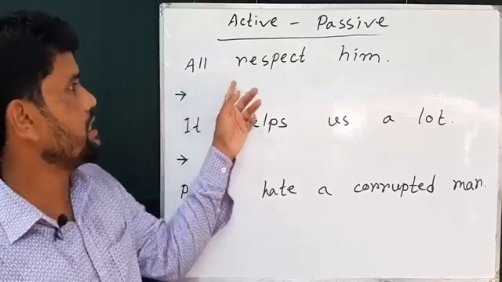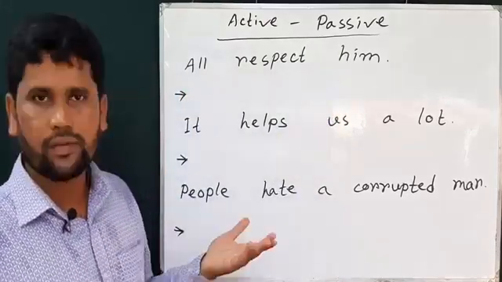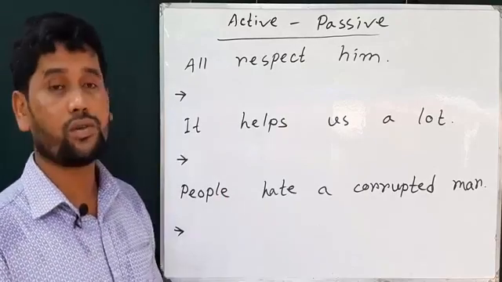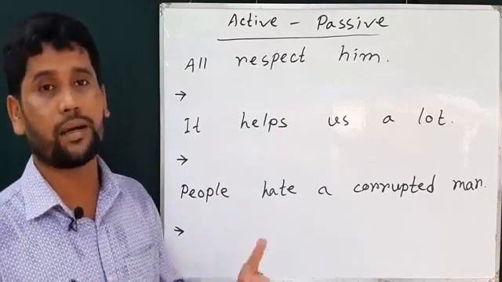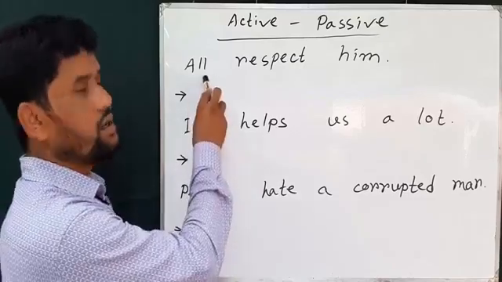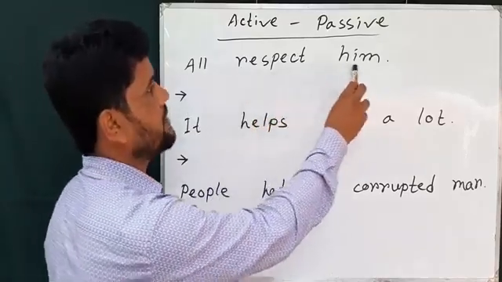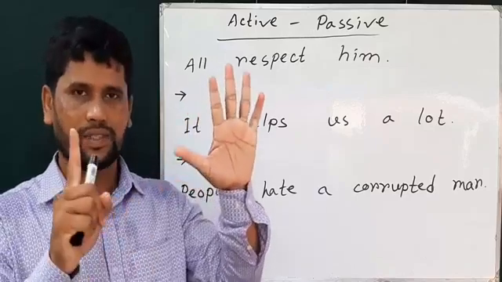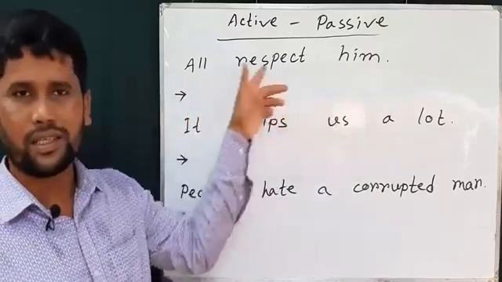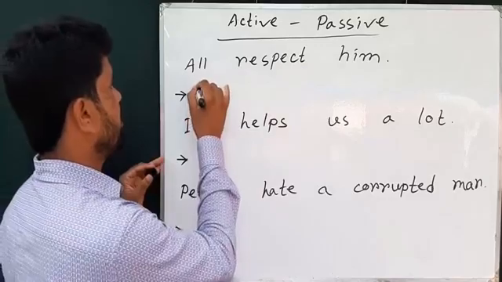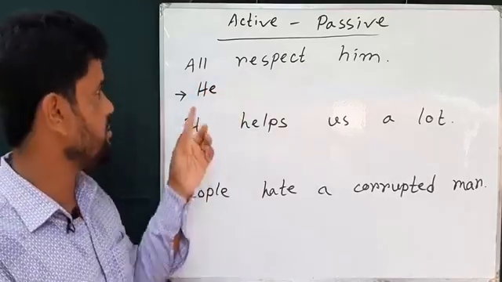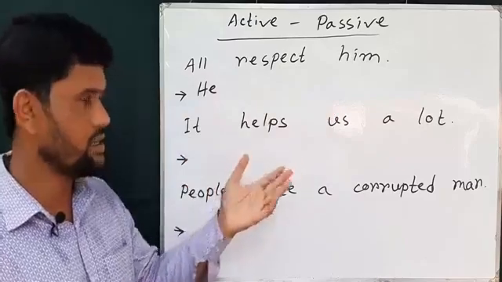So, all respect him. First, I already mentioned you that you need to identify subject, verb and object. Here all is the subject, respect is the verb and him is the object. Then we need to follow 6 steps. First, turn the object into subject. You know the subject of him is he. I already wrote. Then